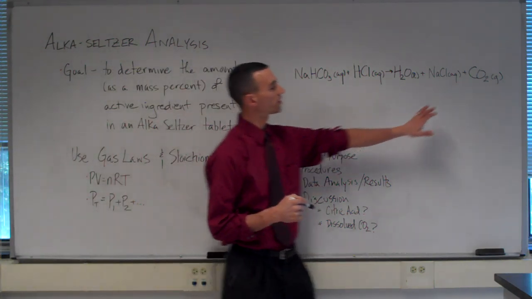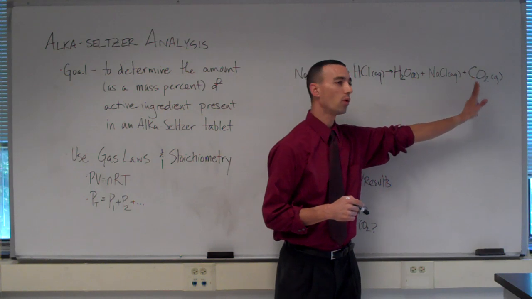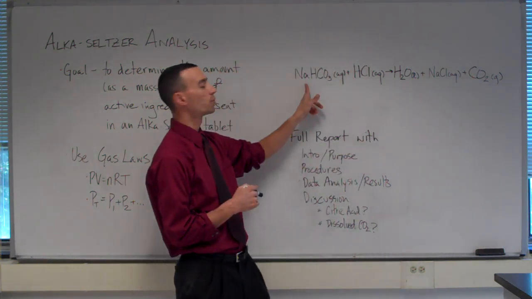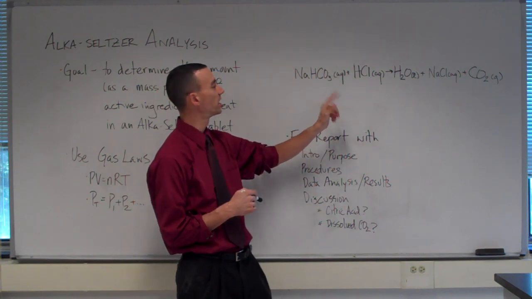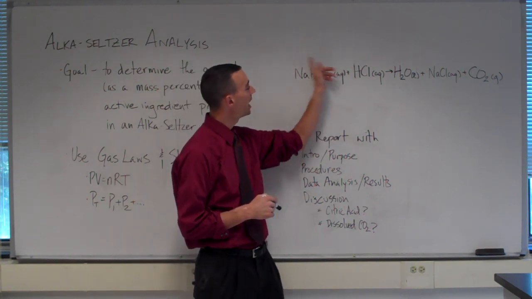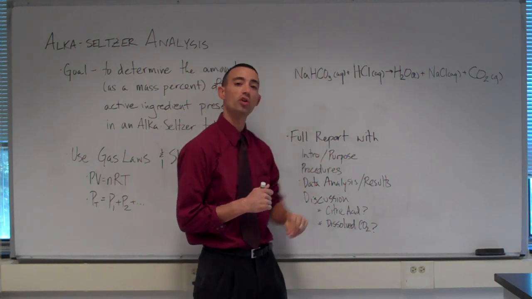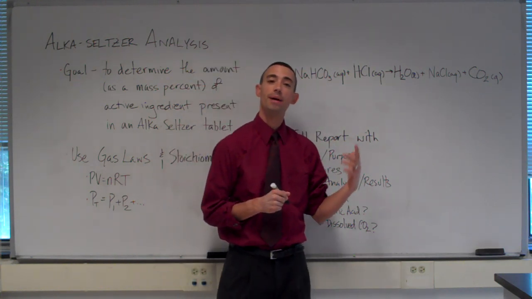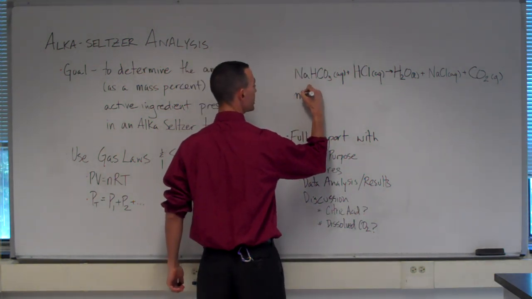Once I know the moles of carbon dioxide, I'll use stoichiometry. For every mole of carbon dioxide, I used 1 mole of sodium bicarbonate. So that's a 1-to-1 calculation. And then using the molar mass of sodium bicarbonate, I will calculate how many grams of sodium bicarbonate were in my sample. So to calculate the mass percent then,